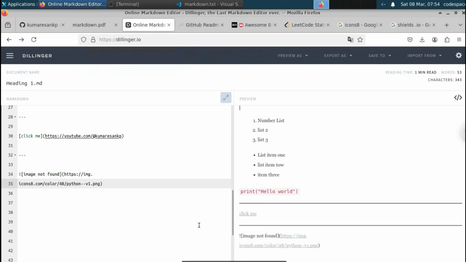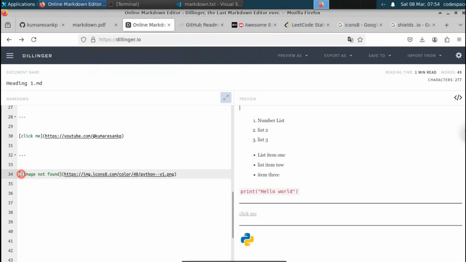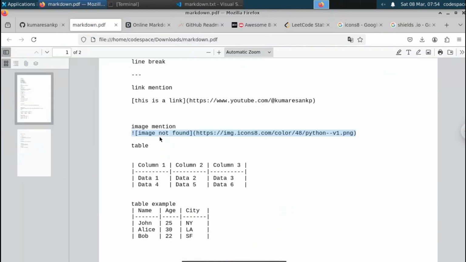So this is used for the text. Make sure you use the exclamation mark at the beginning so that it will treat this as an image. So this is how you use the image. Now, if you want to use a table, let me copy this code for the table